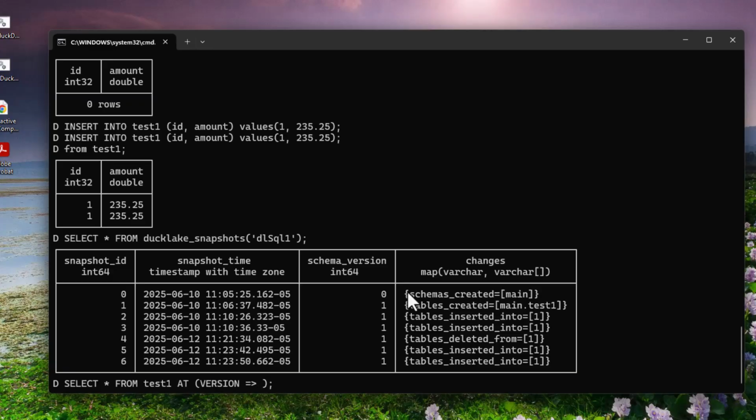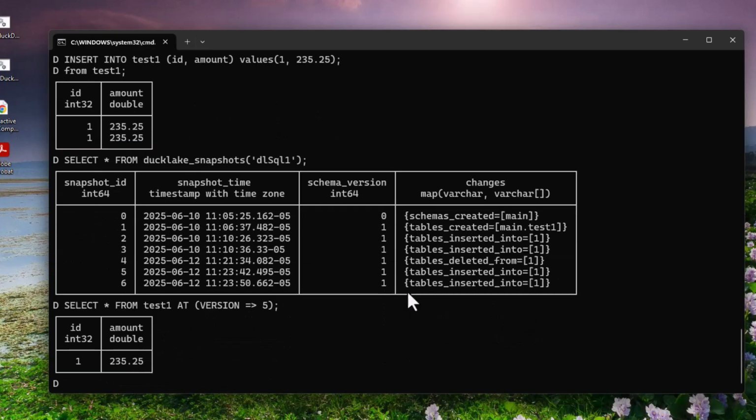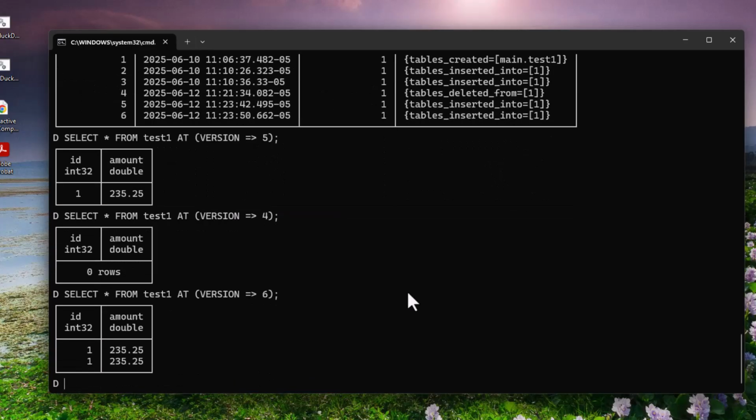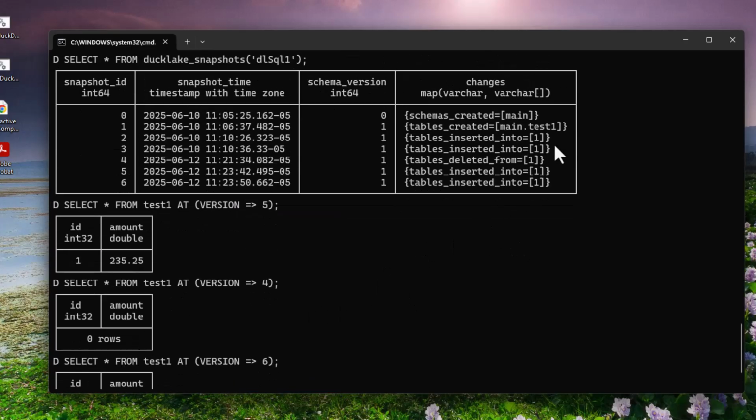Well, I'm interested to see what 5 looks like. Okay, it inserted that one. Actually, let's do 4 again because that's when we're empty, right? What about 6? If I do 6, you can see now I got both of them again. So that gives you an idea of how you can time travel and use these snapshots to get an idea